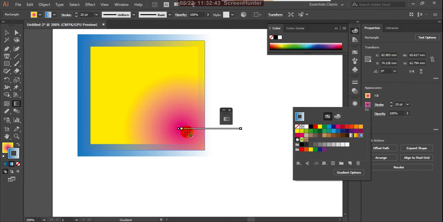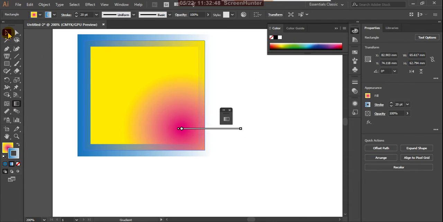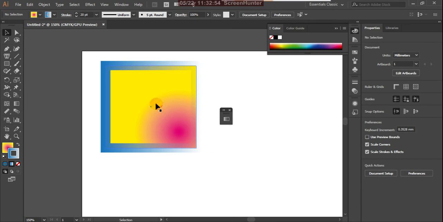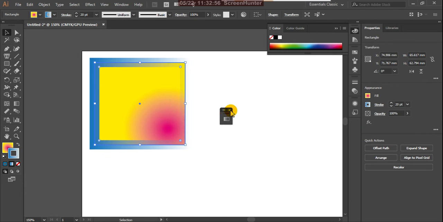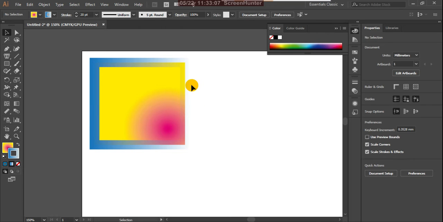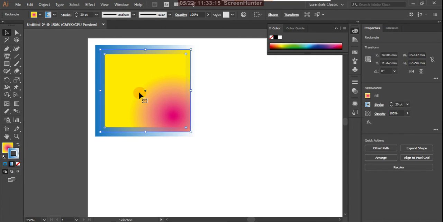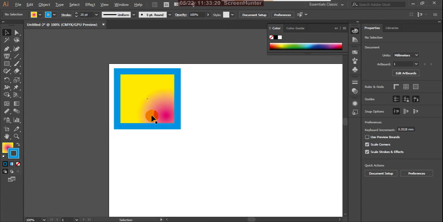Now this is excellent. Sometimes we want this kind of outline gradients also. You keep this side, and this outline, better to give one color. Keep this side.